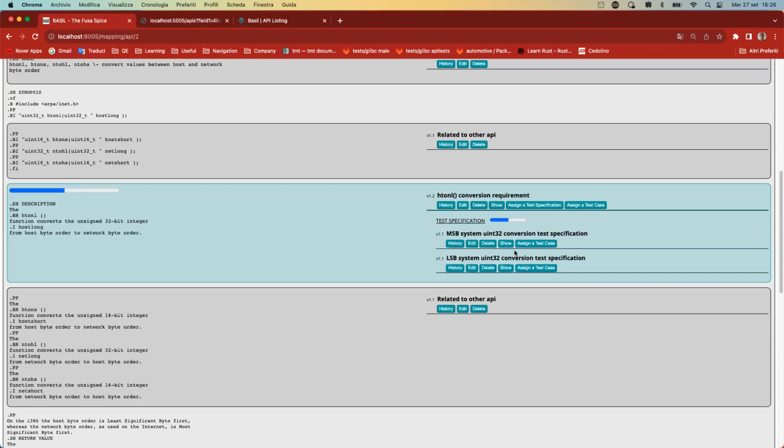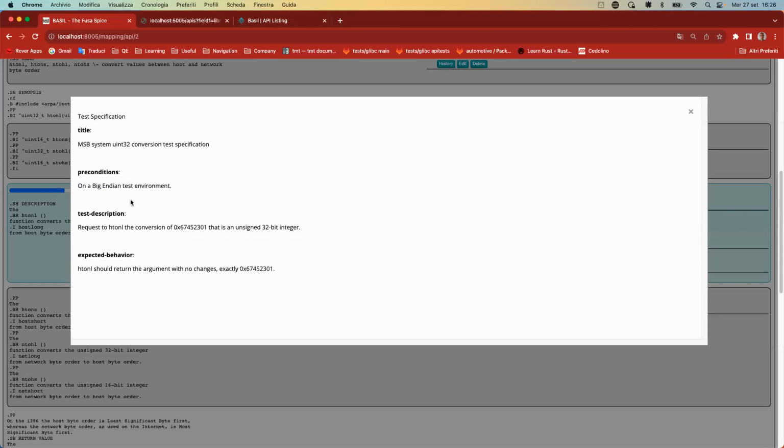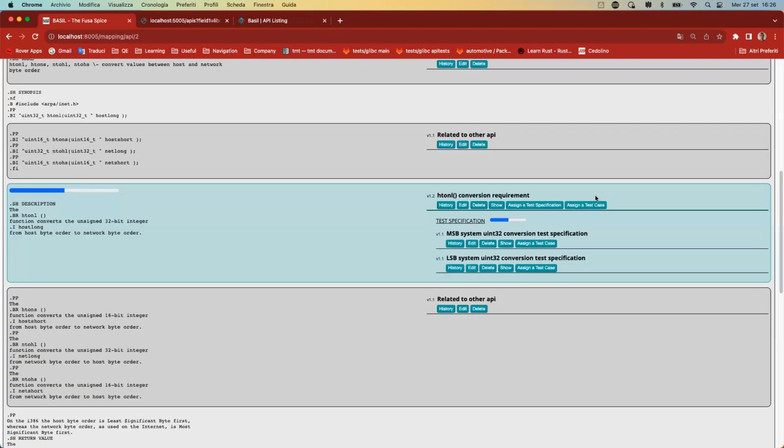So, a description of the test maneuver. Let's see, for example, this. We want to test, for example, the conversion on a system that is big endian. So we have a precondition that the system should be big endian, and we have a description of the maneuver and unexpected behavior. That is just a top-level description of what a test should do. And someone else can implement the test, or we can have an upstream test that we want to link to